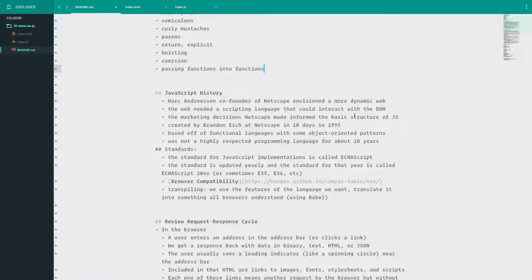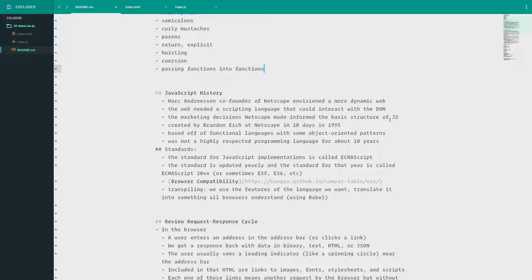And there are some standards of JavaScript, every year new things are released. We call that ECMAScript. You might have heard things like ECMAScript 2015 or ES5 versus ES6. Right now, a lot of developers use ES6 and they're starting to use ES7 features and things like that. But unfortunately, not all browsers are up to date.